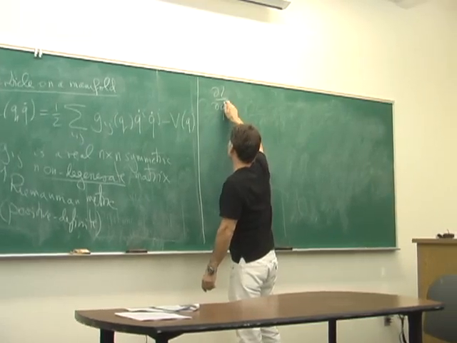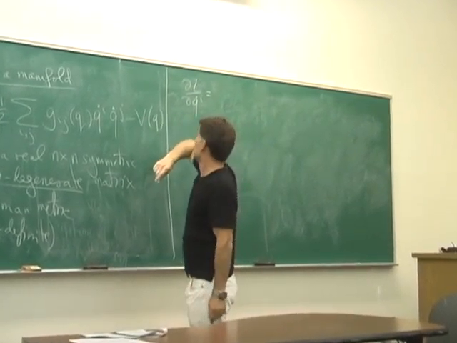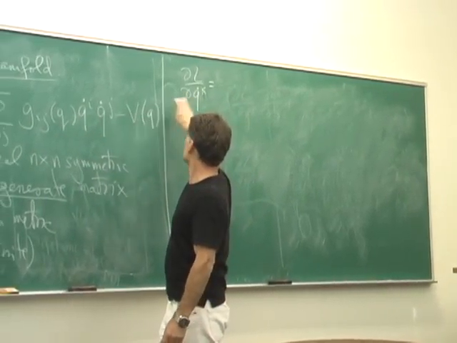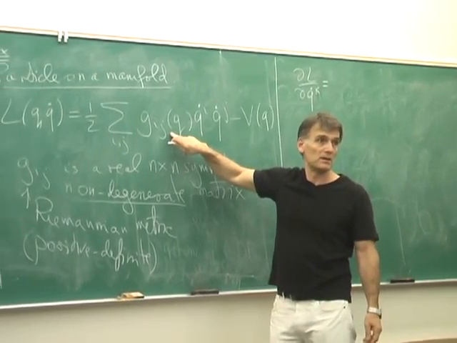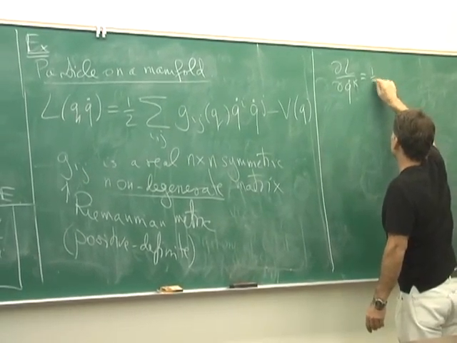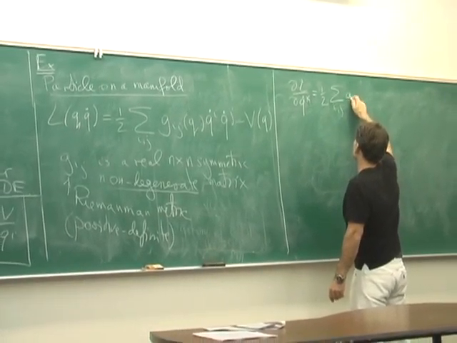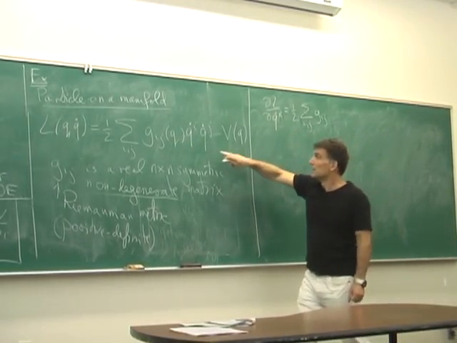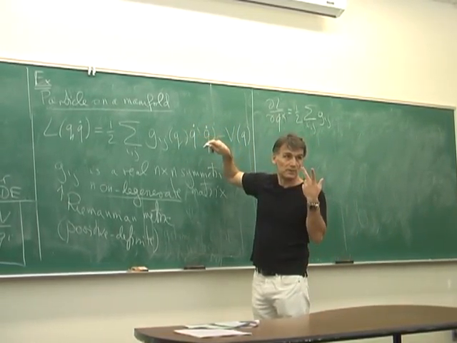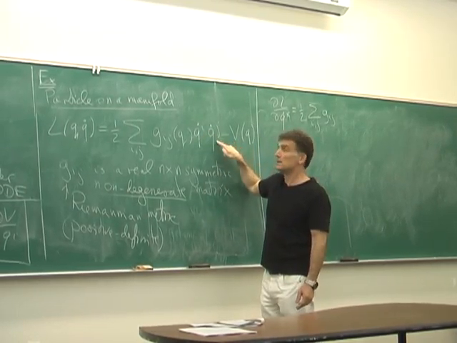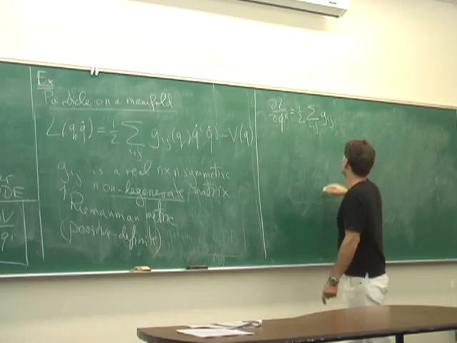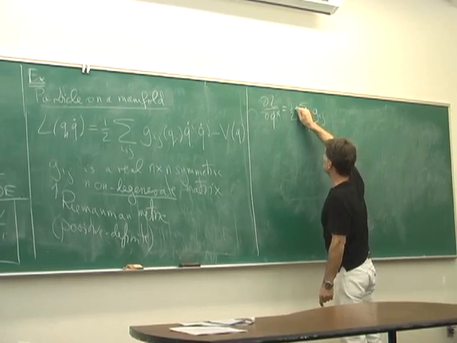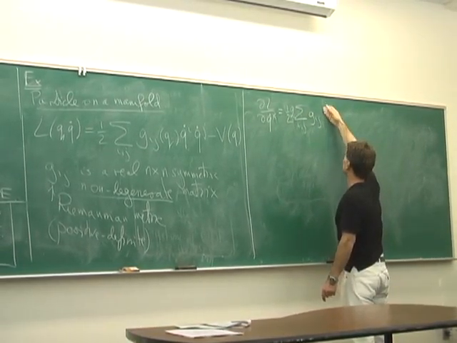dL by dq dot k. Well, let me call that k, because we already have i and j. So you're differentiating this with respect to velocity. So this doesn't depend on the velocity. So therefore you'll get 1/2 sum over i,j of g_ij. And well, it depends on q, but I'm not going to write this explicitly. And then you differentiate this, right? So there are two of them, it's basically a square, but you differentiate this and this. So you get 2 times it. So you get, well, let me do it in all details. So you get 2, and then you get q